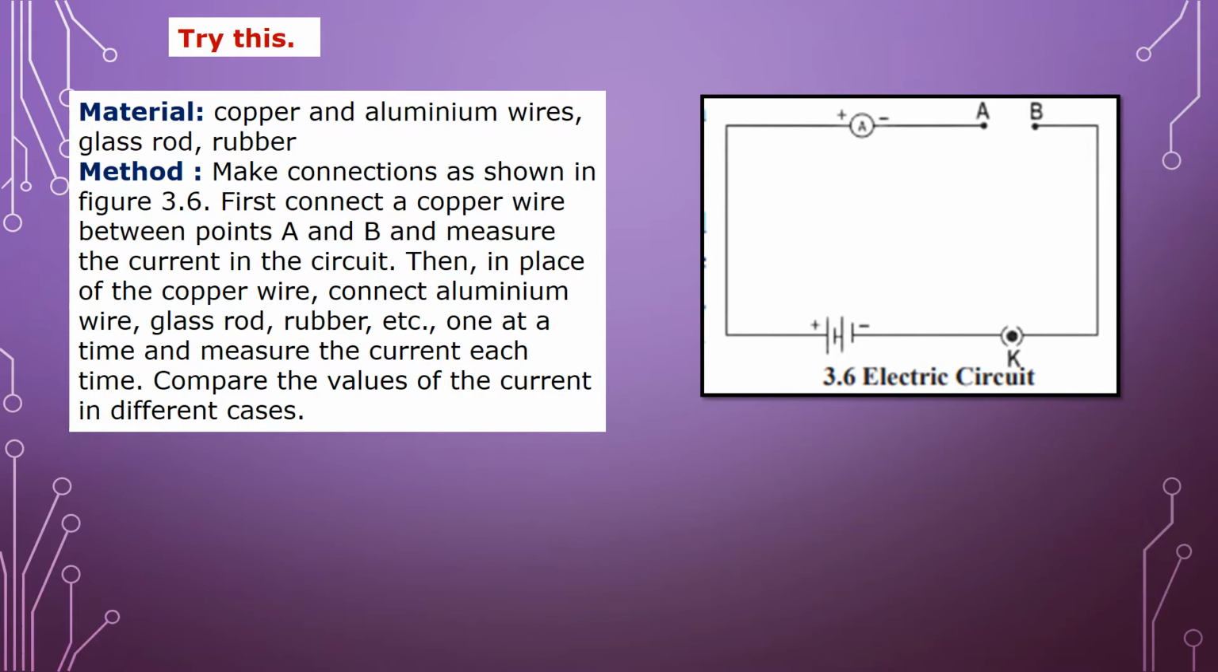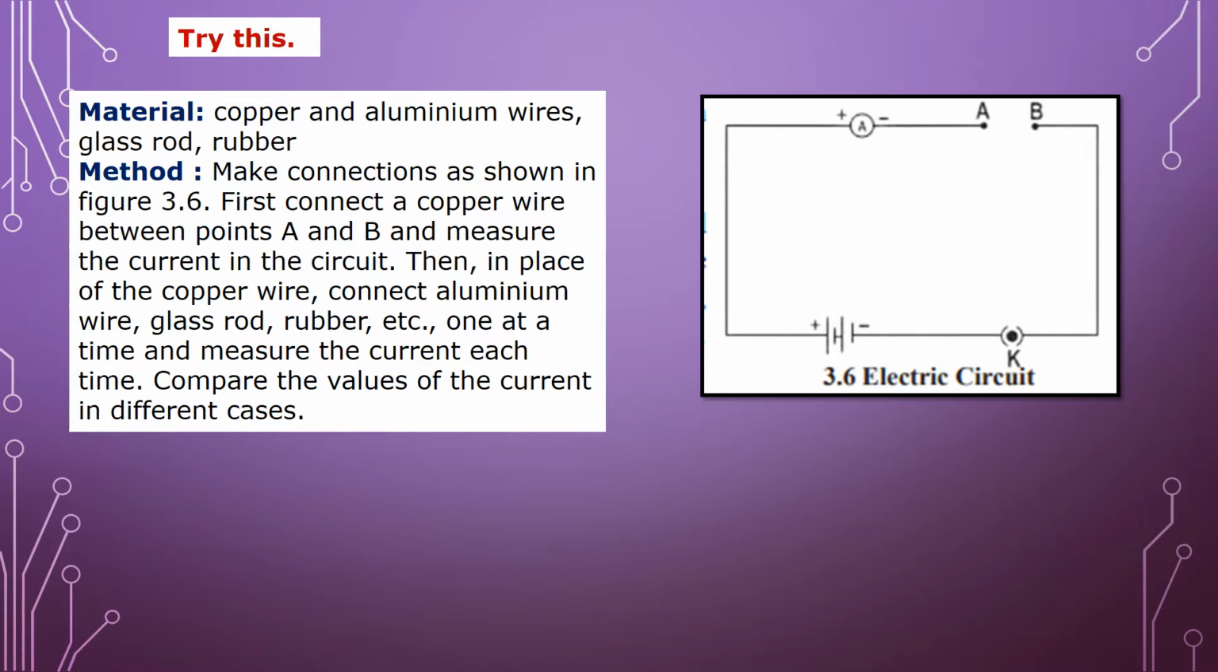First, connect a copper wire between points A and B and measure the current in the circuit. Then in place of the copper wire, connect the aluminum wire, glass rod and rubber, one at a time. And then afterwards you have to measure the current each time for the copper wire, aluminum wire, glass rod and rubber. So when we measure the current with the help of this ammeter, children, we will understand that from